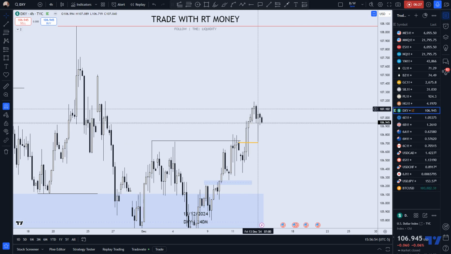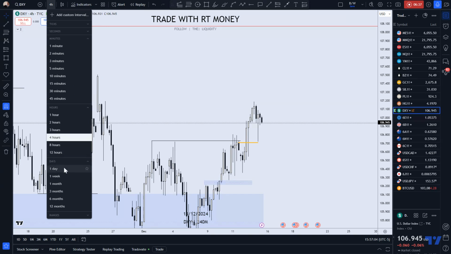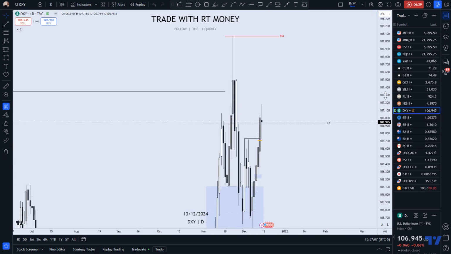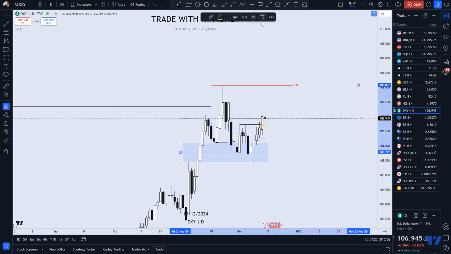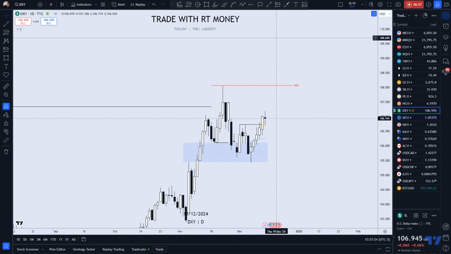Now we can go down to the 1 hour and likely find bullish fair value gaps here, but I don't want to go any further than this. I think we have enough evidence to see that we're looking at a bullish week with a break above the structure here, and price found its way back to the breakout level, and I'm looking for price to continue higher. That's it. I'm looking for something like this.